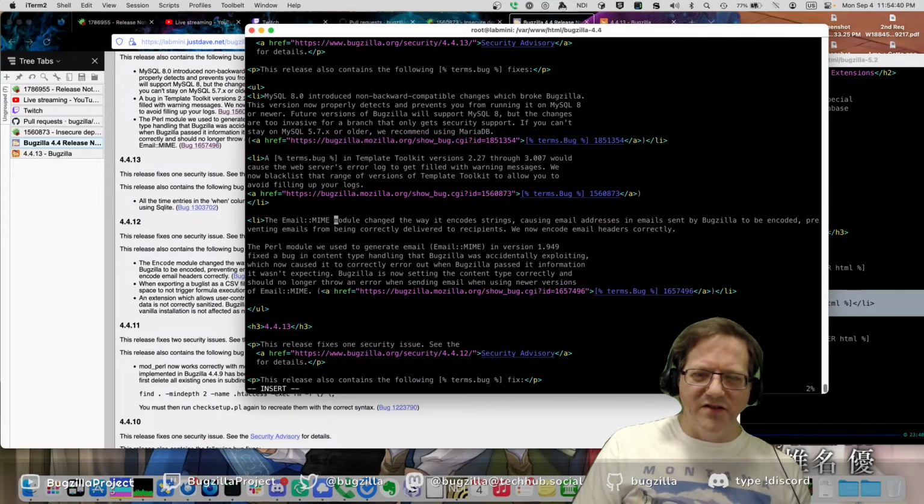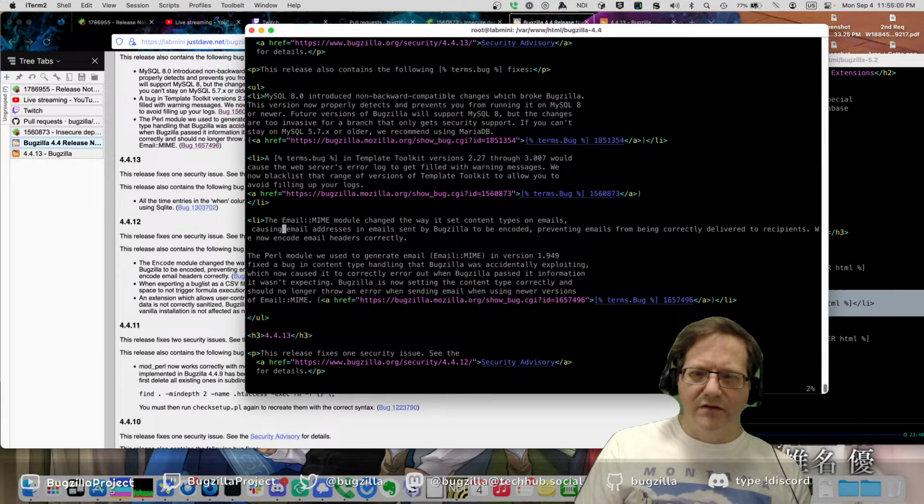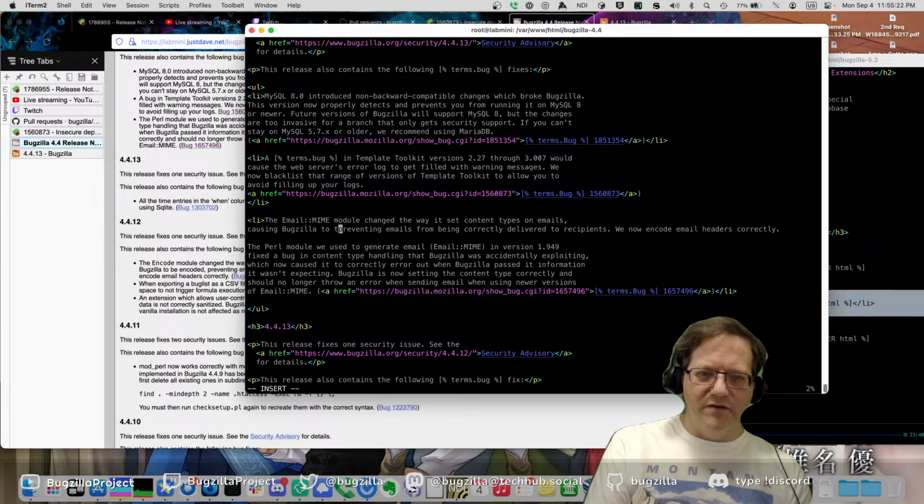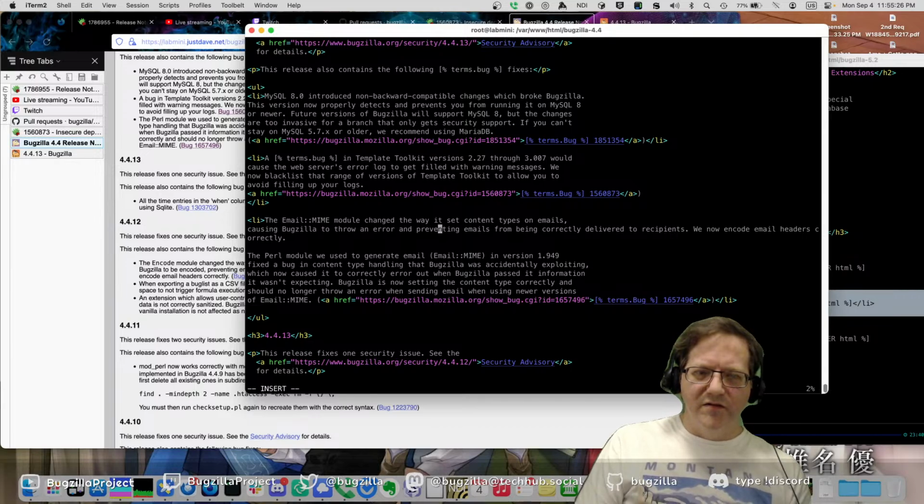Email MIME module changed the way it sets content types on emails, causing Bugzilla to throw an error and preventing emails from being correctly delivered to recipients.